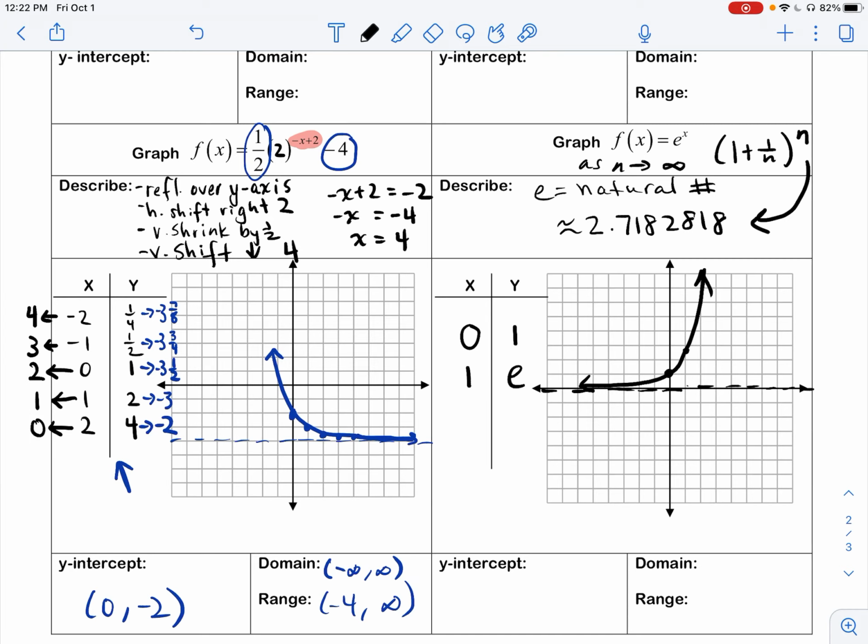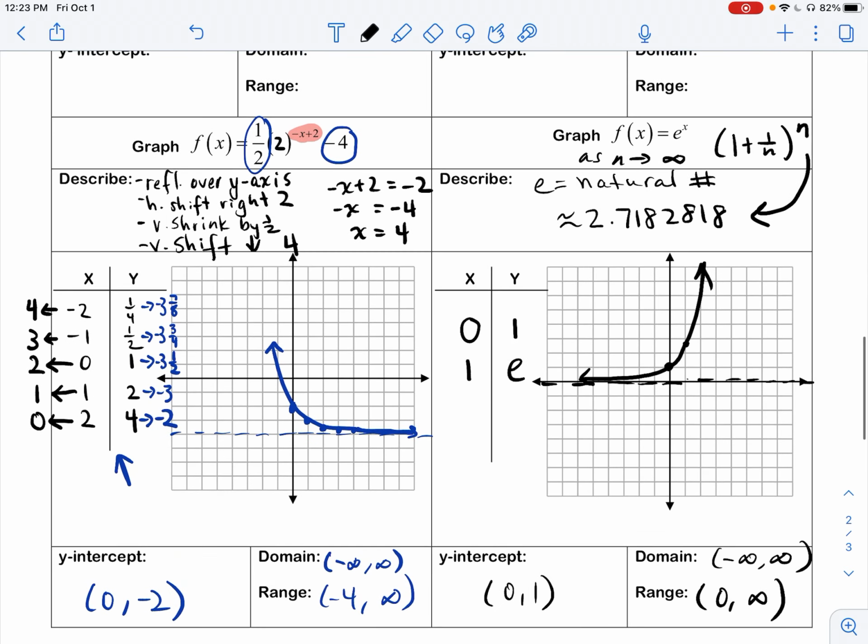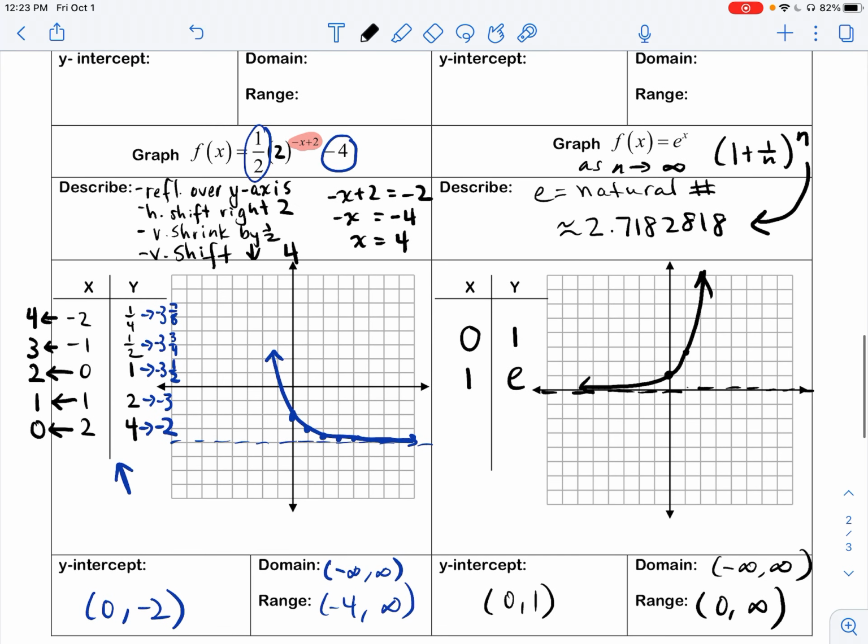So we see that exponential growth. It's still going to have a horizontal asymptote of y equals 0. And in fact, this function behaves a lot like y equals 3 to the x, not quite as dramatic a growth. Our y-intercept is still 0, 1. And our domain is still going to be negative infinity to infinity. And our range is still going to consist of just positive numbers, unless we have some type of vertical shift. Okay? So hopefully this video has been helpful in kind of introducing what exponential functions are, how they are graphed, and how we can apply the same